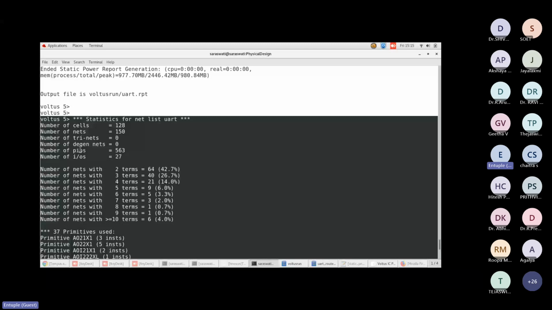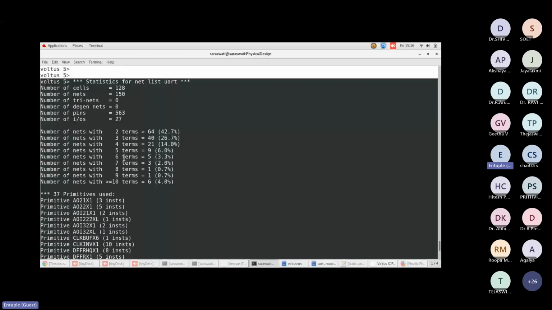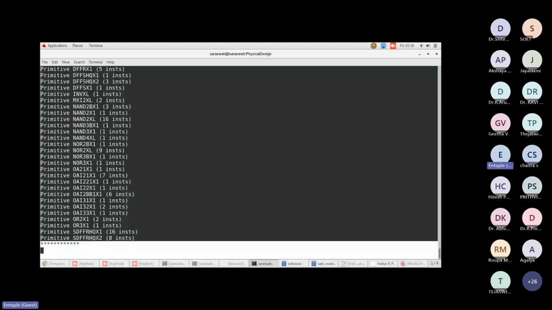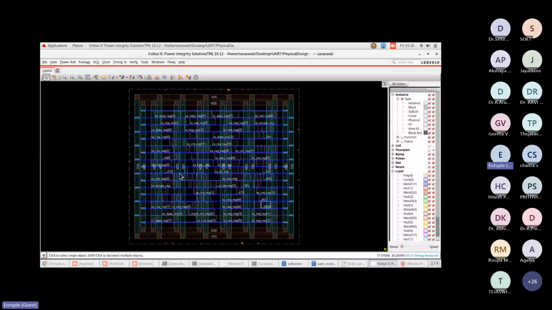So this information it also generates, and that's all. Like you can analyze here, only analyze, and once you analyze this particular component you want to be optimized, then you have to go to your